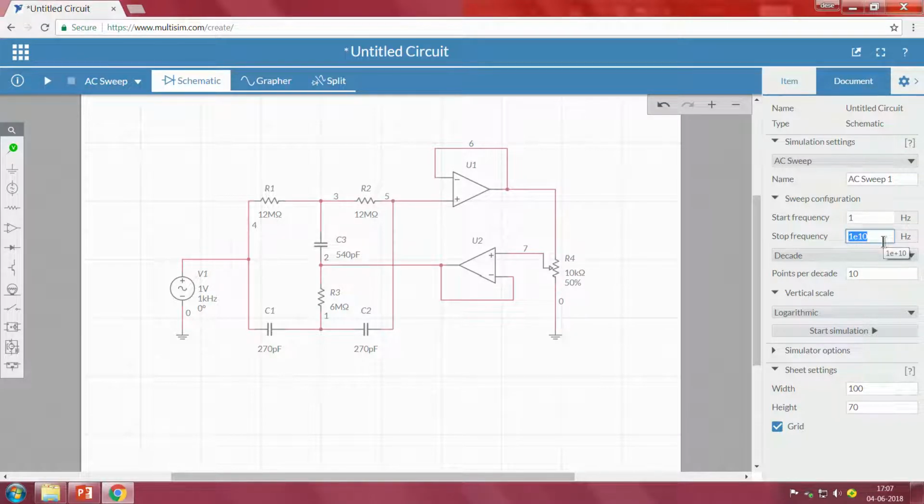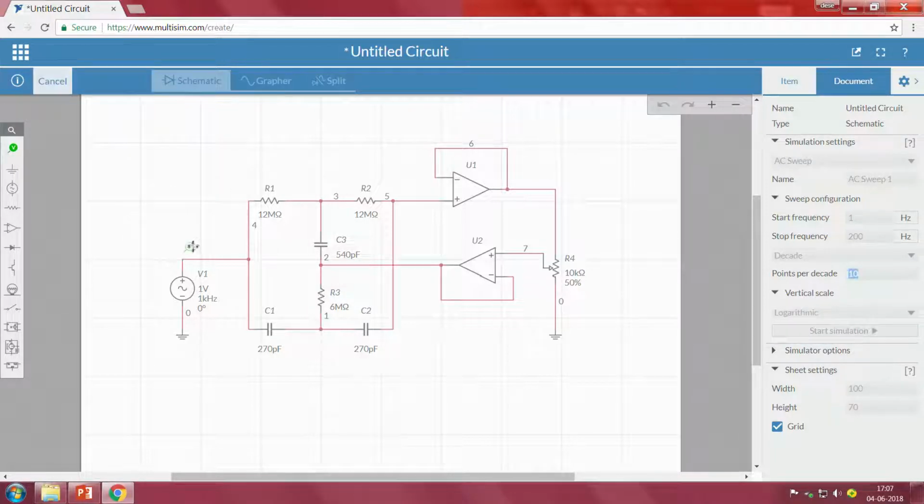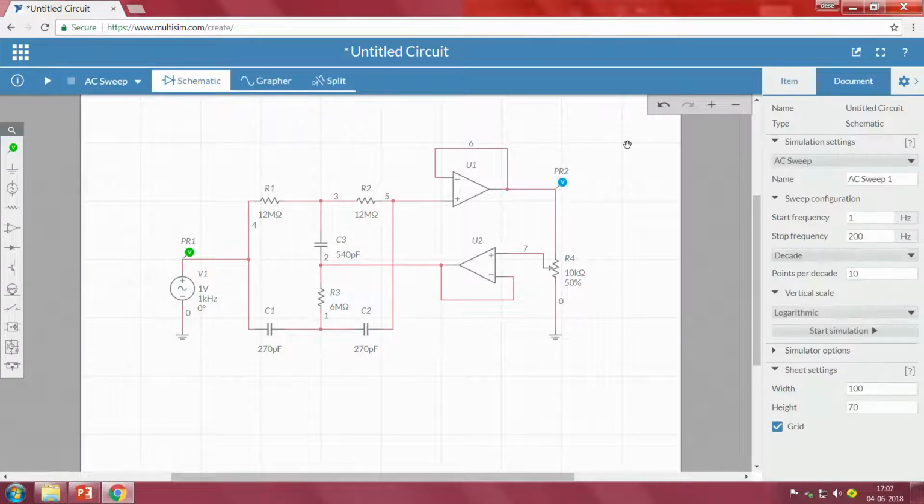So, we will go up to somewhere around 200 hertz, with 10 points per decade, logarithmic scale, then start simulation. In order to visualize, we have to put our voltage points: green indicates our input voltage and blue represents our output voltage.